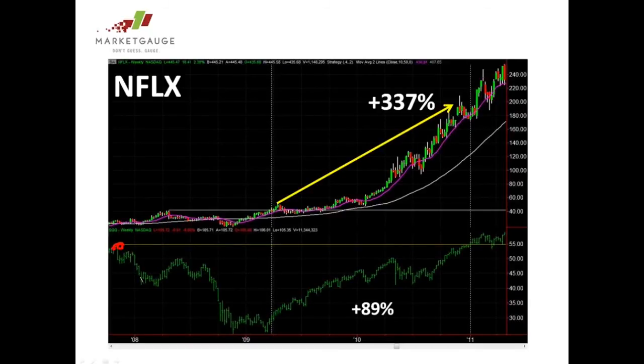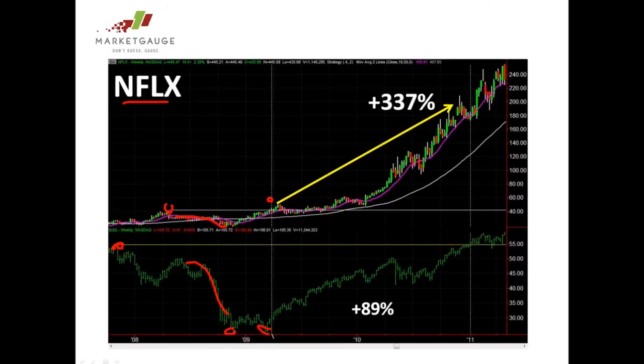Sorry, I said 2008 early. So the end of 2007 was the ultimate high before this 50% pummeling that the market took. Now, if we look at Netflix, Netflix's high actually was 2008 sometime. But when the market cratered, Netflix was unable to make a new high until this horizontal line here. Now I bring the horizontal line in because this way you can see that even though the market was basically